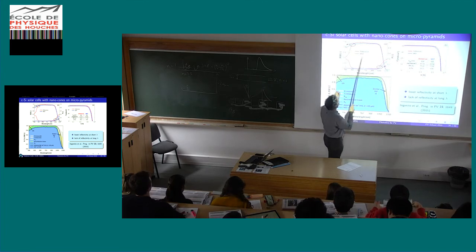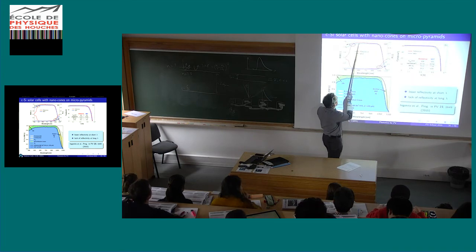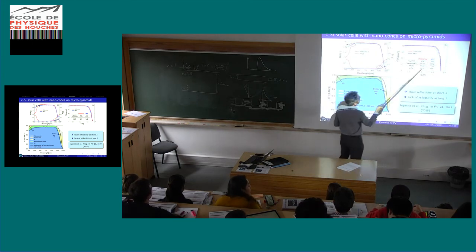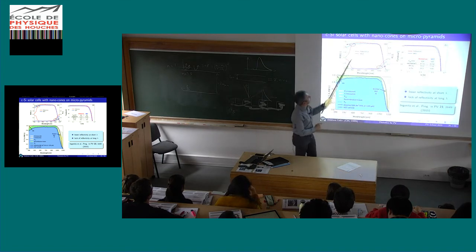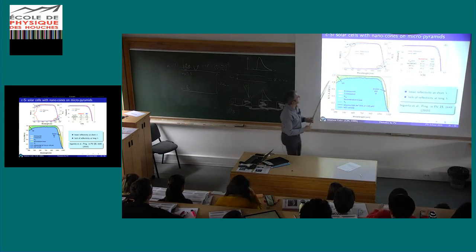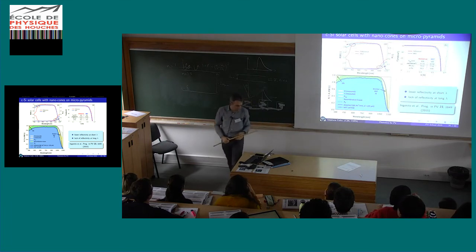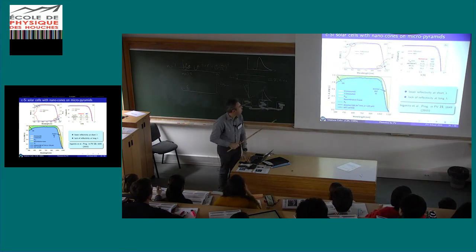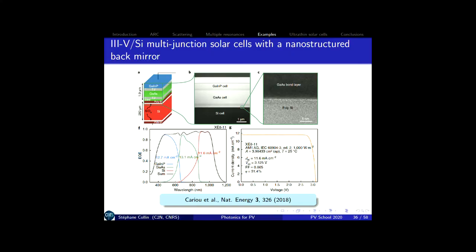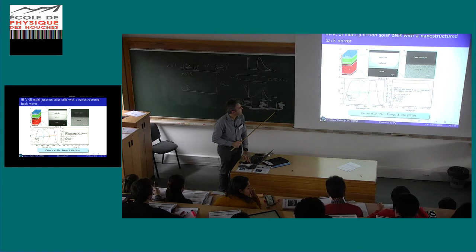However, you decrease a bit the collection efficiency in this part, and so finally the efficiency is very similar. But you see that you can play with this and potentially further improve the absorption as compared to conventional solar cells. Another example,